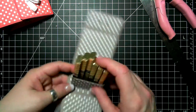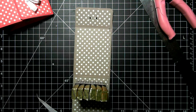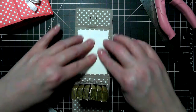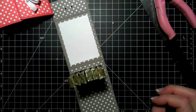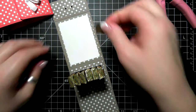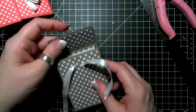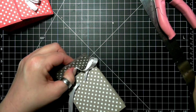Now, last but not least, I want to put a piece of paper here to write a sentiment on. And that piece is 3.5 by 2.5. And then what I thought I would do, because it is kind of for Valentine's, we'll put a little heart here on the inside. I didn't do that with the other, but I think it adds something. And then all you have to do is put your ribbon, poke it through,